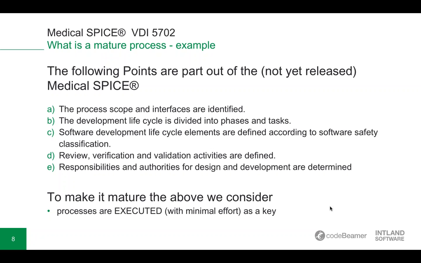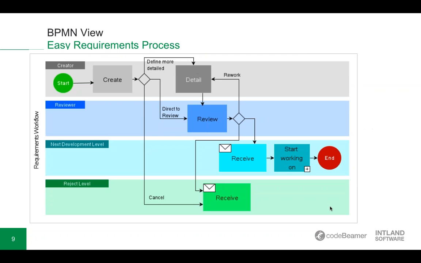So when you design your processes or optimize your processes, just make sure that they're really getting executed, because sometimes the releasing authorities see that you have not developed to the norm, and that might be a knockout criterion for the later one. So I'm going to show you a very easy requirements process. Very, very basic. So you start somewhere, you create something, and then out of that creation, you can as well,